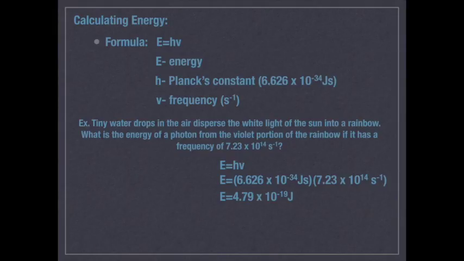And so when I multiply those out, what I get for the energy is 4.79, because I rounded based on 3 significant figures, times 10 to the negative 19th joules. So that's it. You might find some slightly more challenging problems which give you wavelength and ask you to find